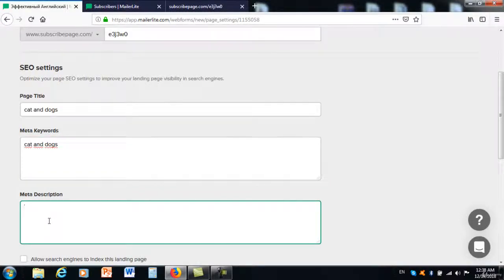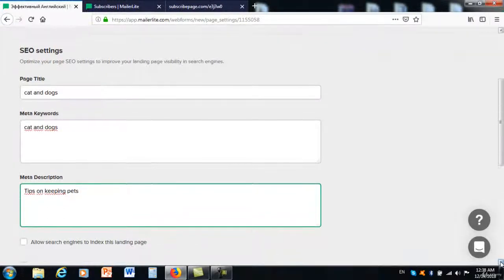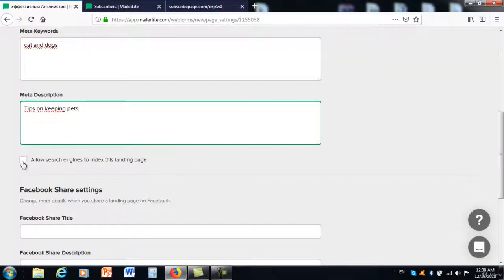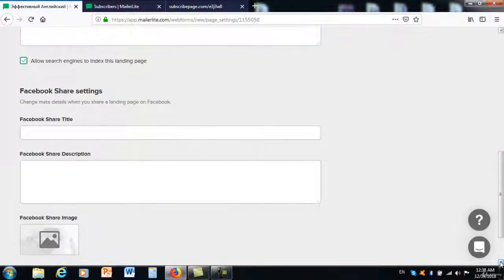Meta description, just, I don't know, tips on keeping pets. Okay, so as well, here you put tick allow search engines to index this landing page. It's extremely important. As well, here we've got options of